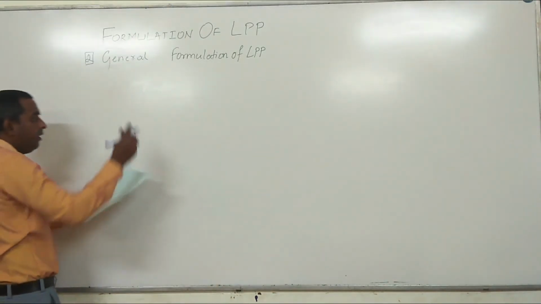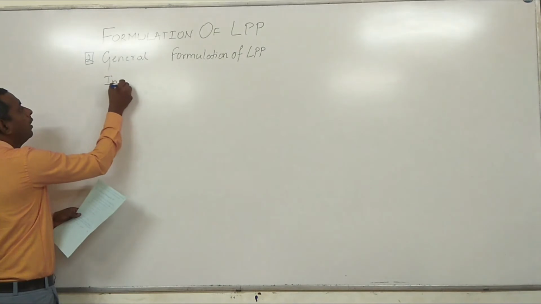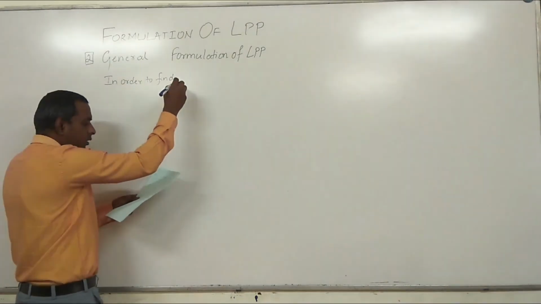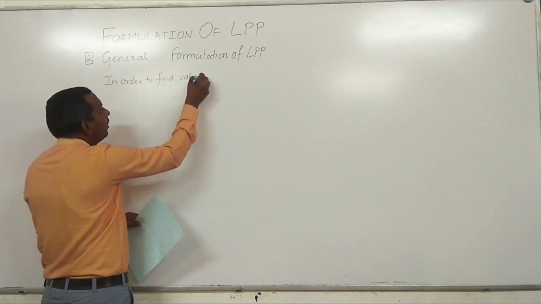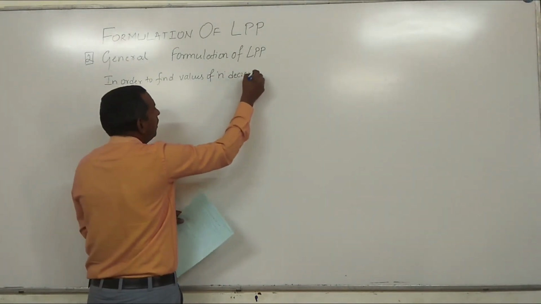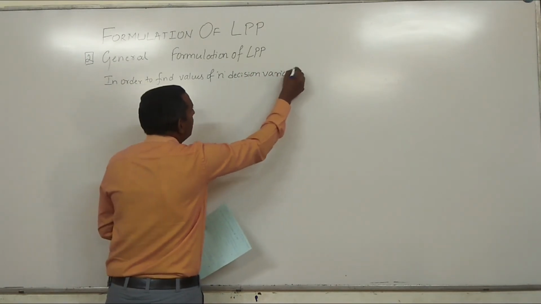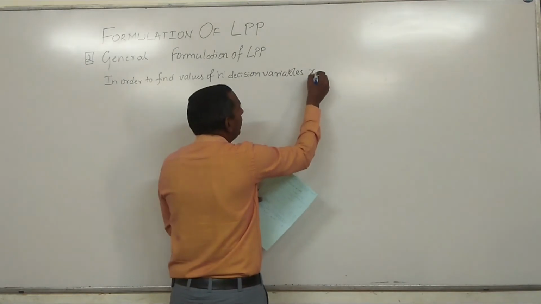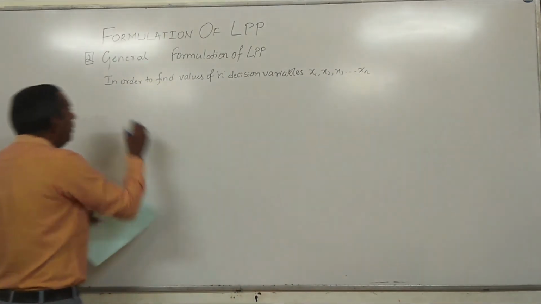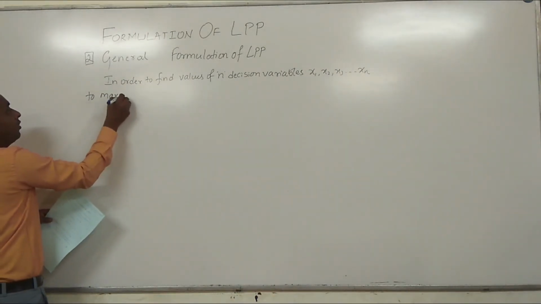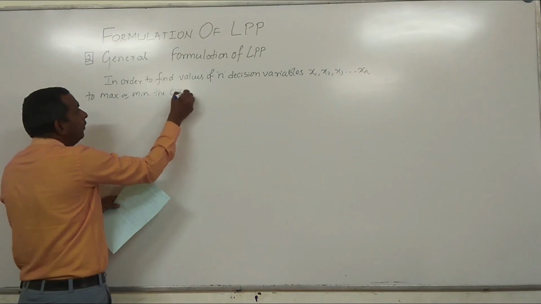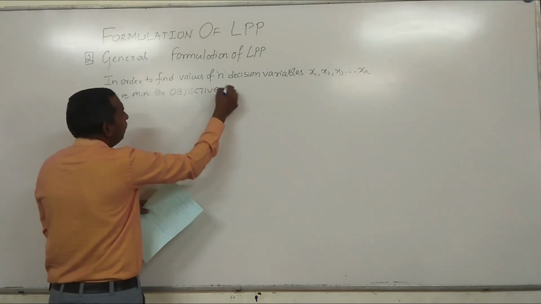In order to find the values of n decision variables, that is x1, x2, x3 up to xn, whether it is to be maximized or minimized, the objective function